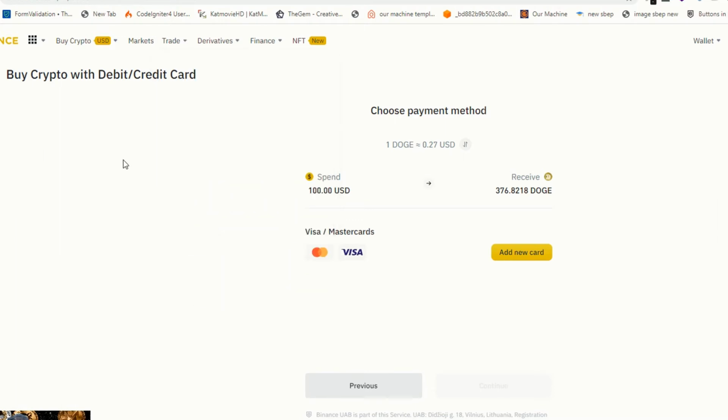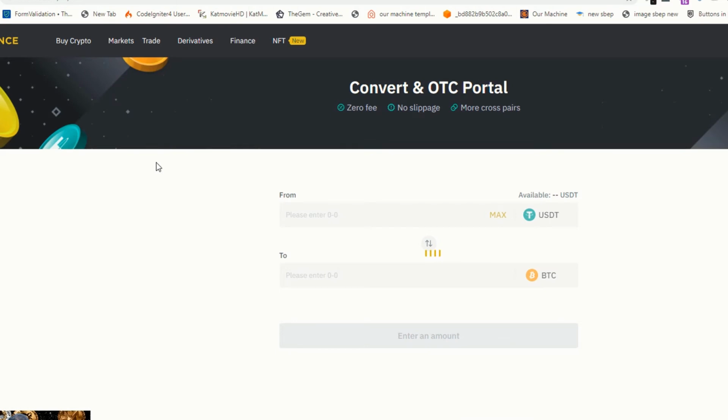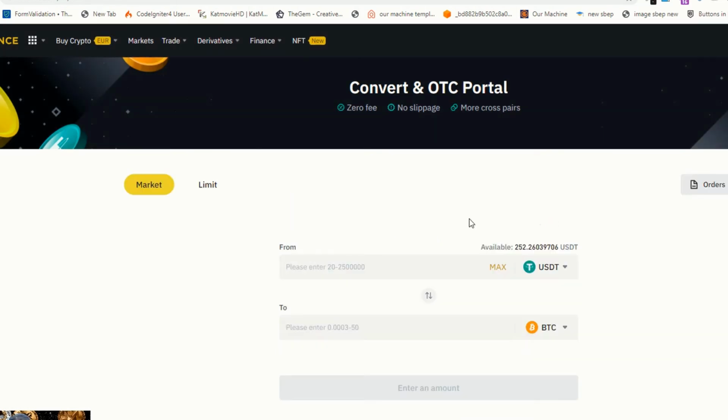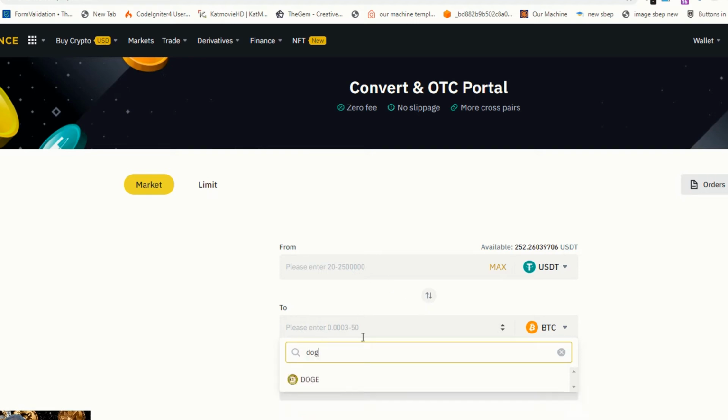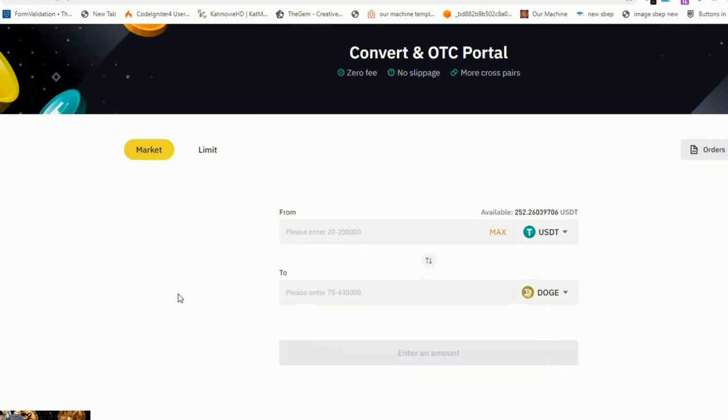Just click on Convert. Here you can see you have your USDT. You have to select the currency which you are going to convert. I have 256 USDT in my account. Now I'm going to convert my USDT into Dogecoin.